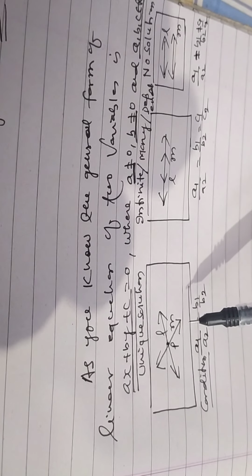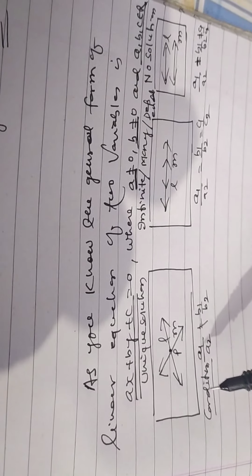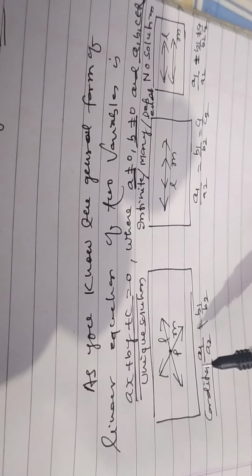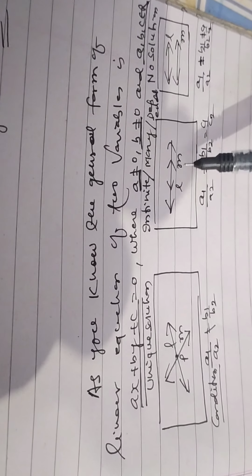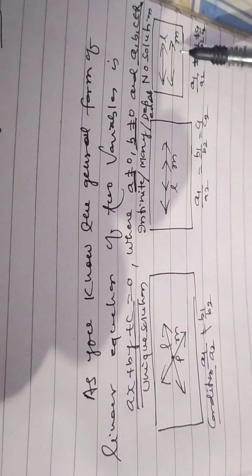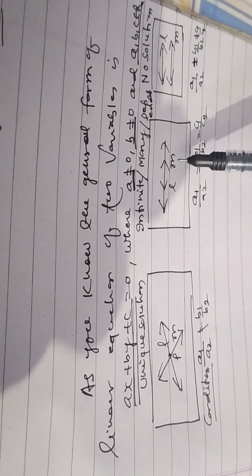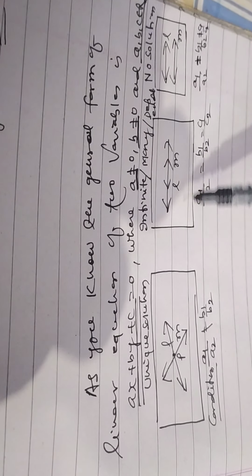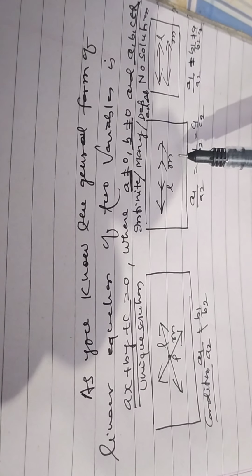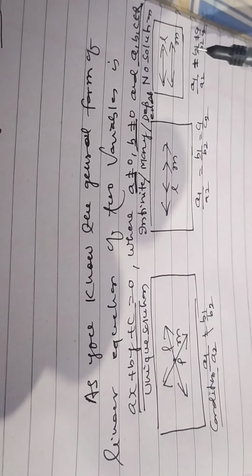Generally a line is denoted by a small letter of the English alphabet. So what do you observe? In the first case, two lines intersect each other at a point. Here, the lines do not intersect each other, and here they coincide with each other. This is the case of intersection, so this is the case of unique solution. This is the case of infinite solutions, many solutions, dependent solution, and this is the case of no solution.